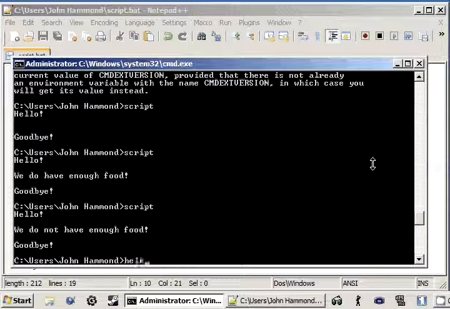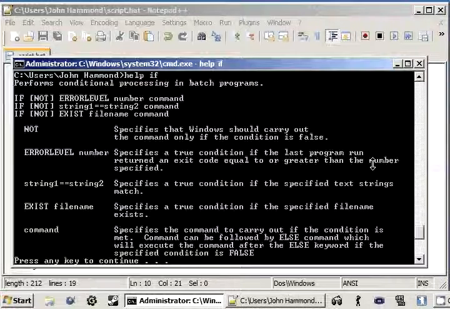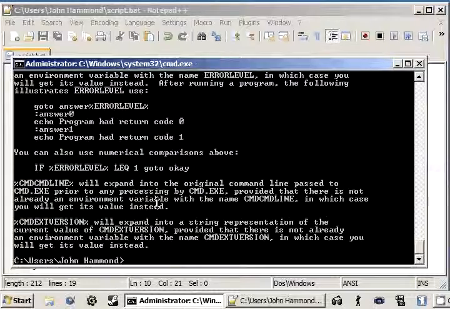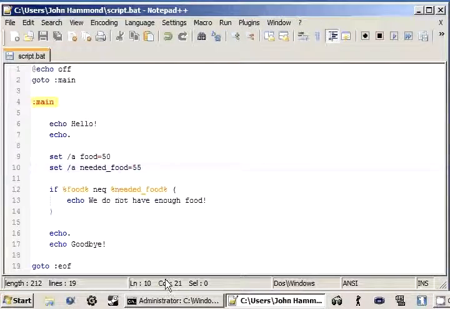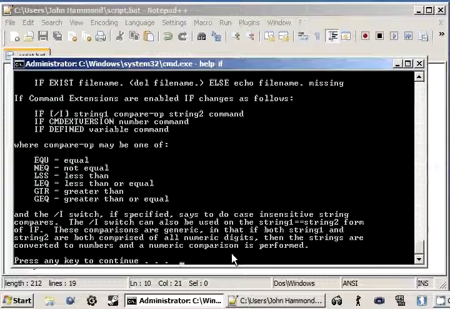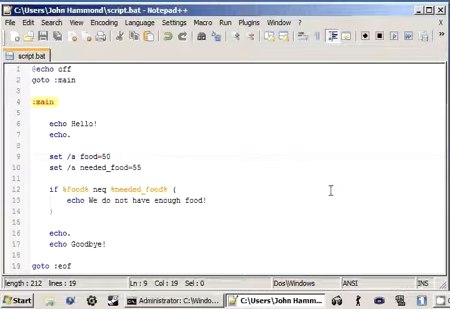Now, if we move back on over to some of the other testing operators that we're looking at, we have less than or equal to, greater than or equal to. So let's give those a go. I actually don't even remember what those keywords were. I just looked at them and breezed right on by. Okay, LSS, that's what we can look for. So let's try that. Let's use 50 and then